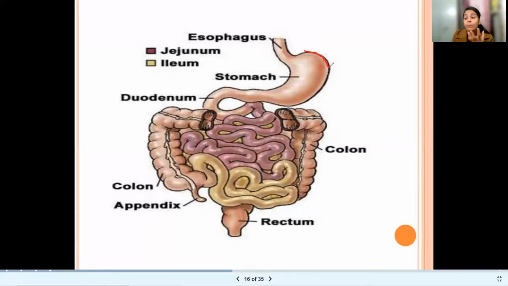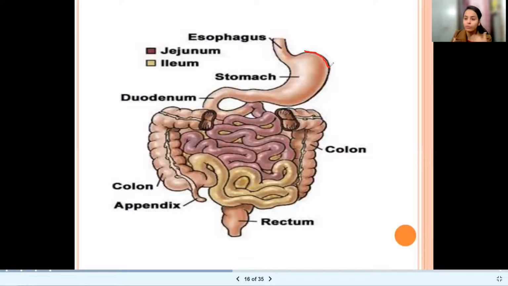Now, the gallbladder present in the liver stores the bile juice, right? You have heard sometimes stones occur in the gallbladder, so we have to remove the gallbladder. Then it's advised to the person to eat less fatty food, because now the bile juice is not stored, so it's very difficult to digest fatty foods in that case, right? After that, the gallbladder secretes the bile juice into the small intestine, because we already discussed what happens in the stomach.